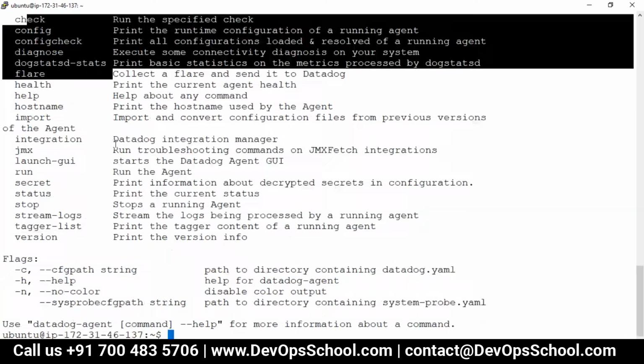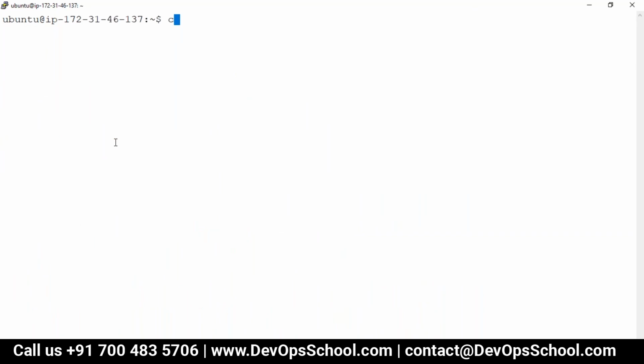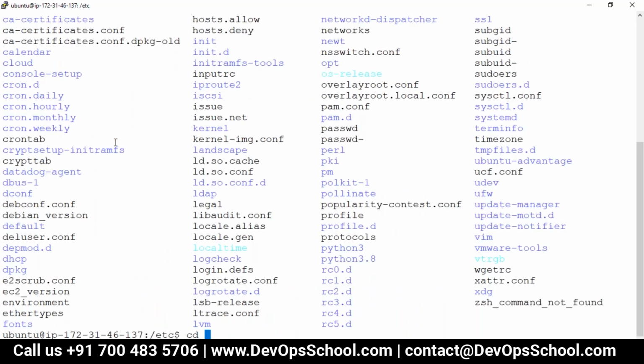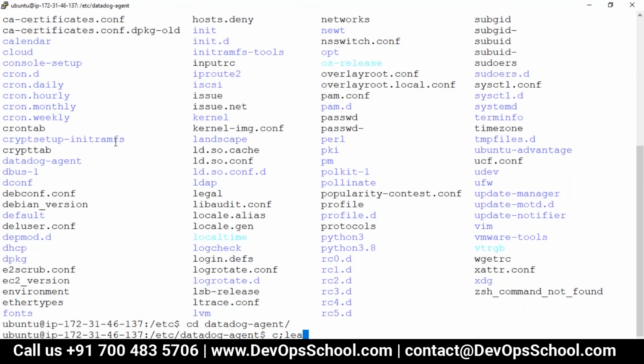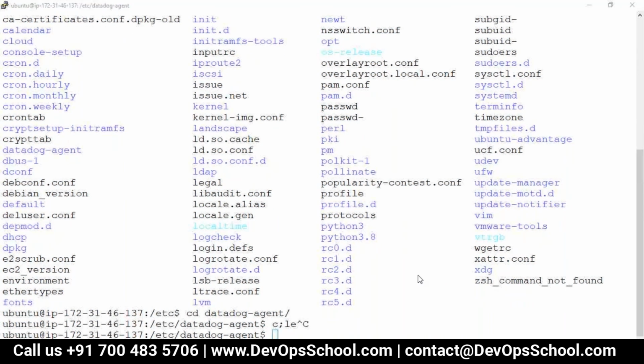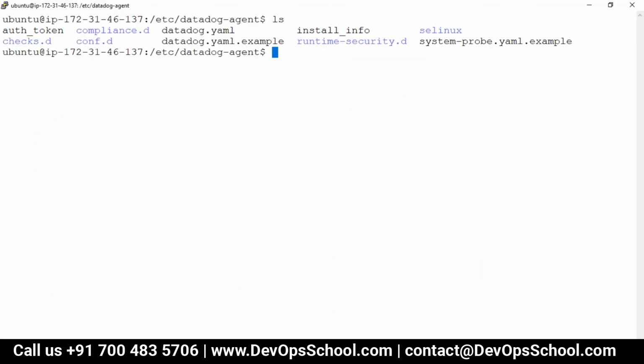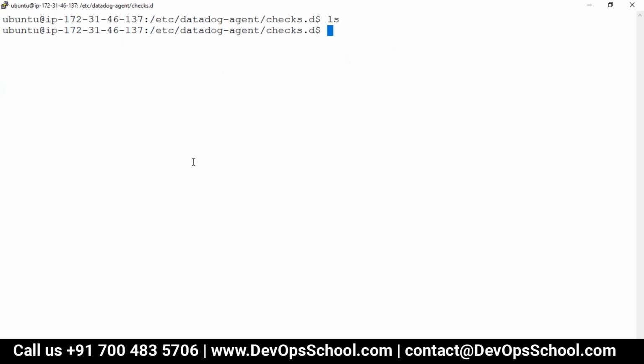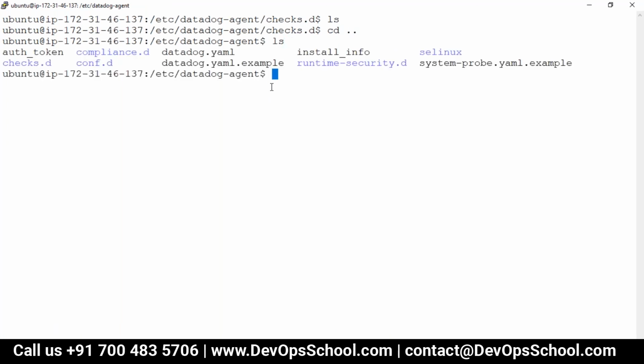Okay, so like this. Now I would like to show you the configuration file, /etc/datadog-agent. You need to understand and hard code this path in your minds. See here, this is the file which I was talking about, the configuration file. It's the most important file for the agent configuration. And this directory I was talking about is where, if you want to integrate more checks, more integrations, and send more data to Datadog, you have to enable them. If you go inside that, lots of integrations you can do here. Right now it's not enabled, but you have to install it. I'll show you how to install it.